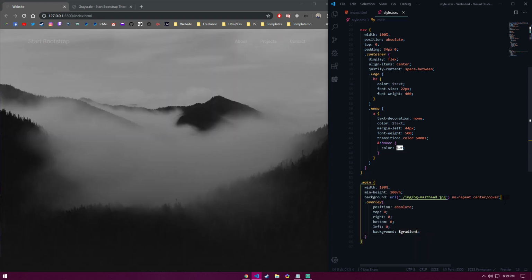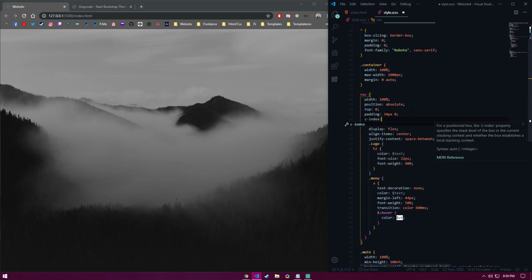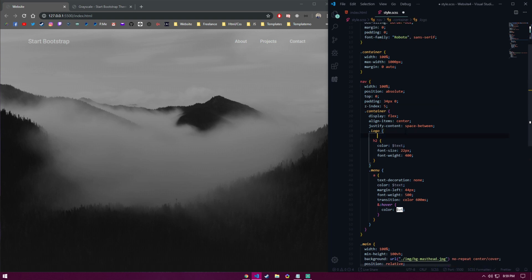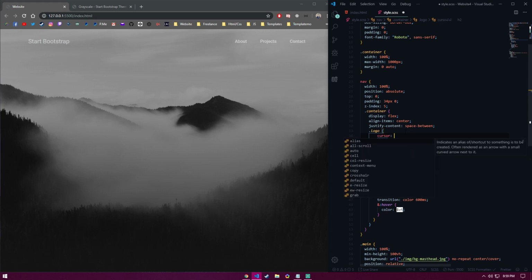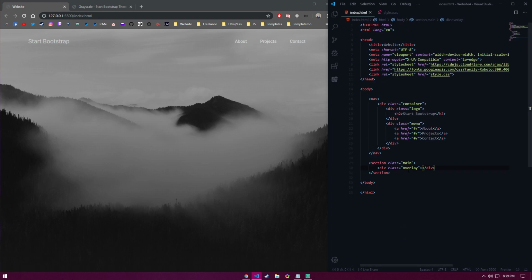And we're gonna make the main position relative. Like so. And nav is gonna have z-index, so we're gonna be able to see it here. Like this. And let's add a cursor pointer to the logo. Like so. So now inside our main section under the overlay, we're also gonna add, and we can add a container as well. We don't have to, but